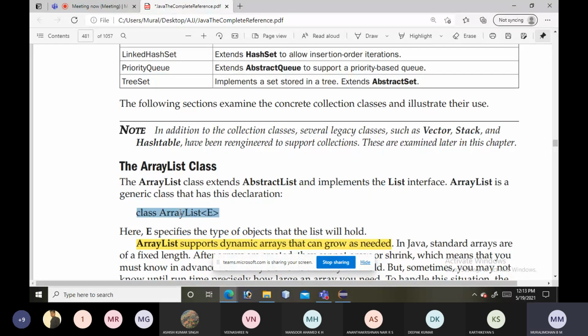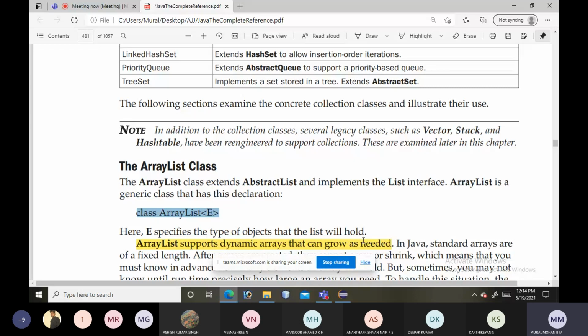What is ArrayList? ArrayList is a collection class which supports dynamic arrays that can grow as needed.